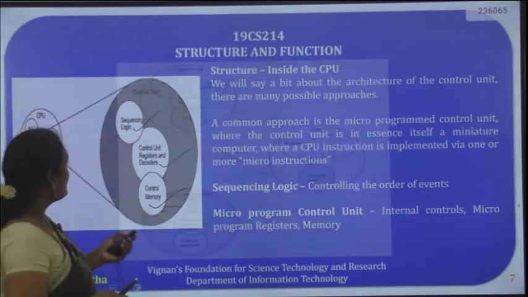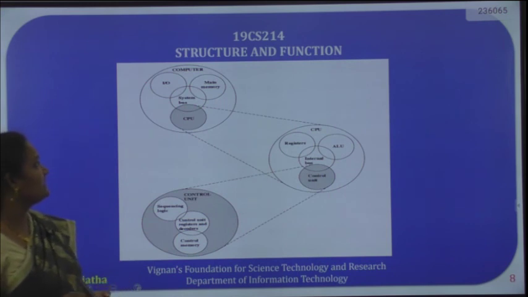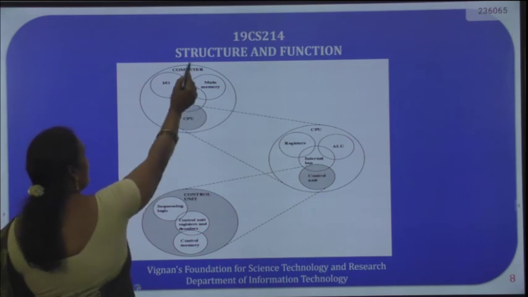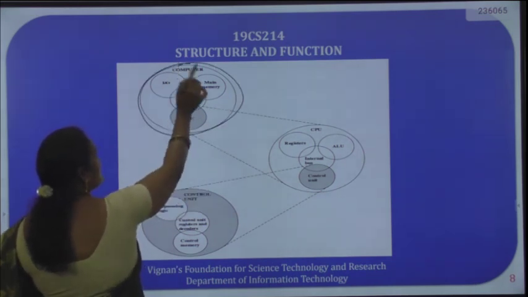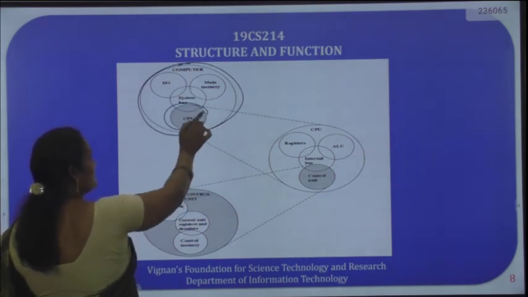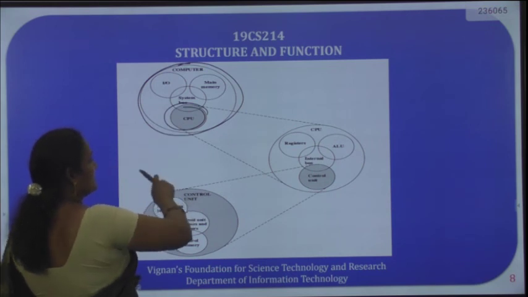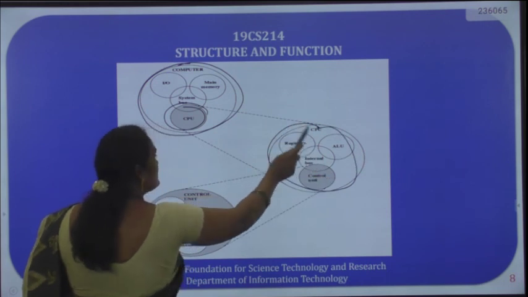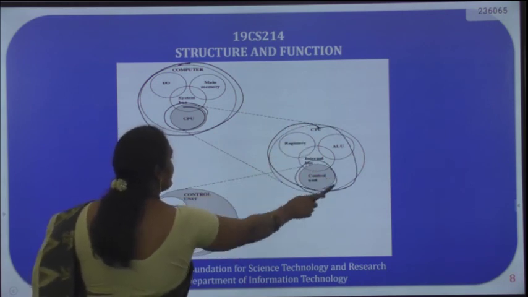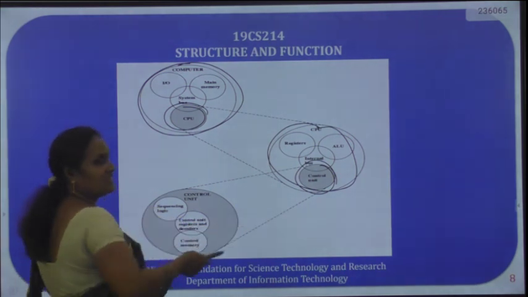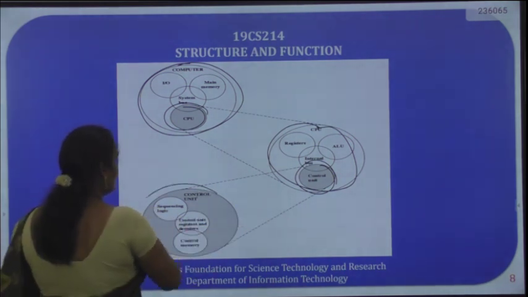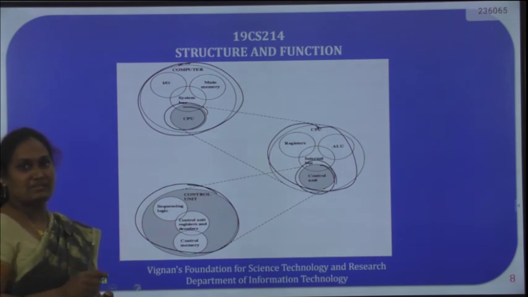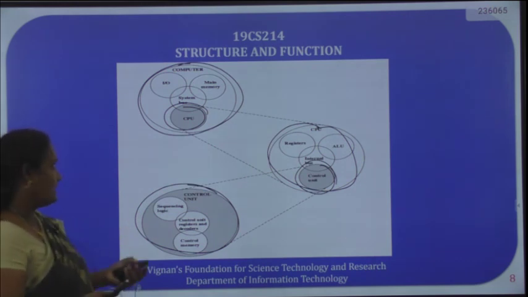So I hope that you all understood the structure of computer. We explained that in various levels of hierarchy. This indicates an entire computer. Out of this computer, since the CPU is very important, we are going to explain about the CPU. This is entirely the structure of the CPU. In this CPU, we have the control unit. This control unit is playing a vital role. So in these three levels of hierarchy, we explained entirely the structure of computer.